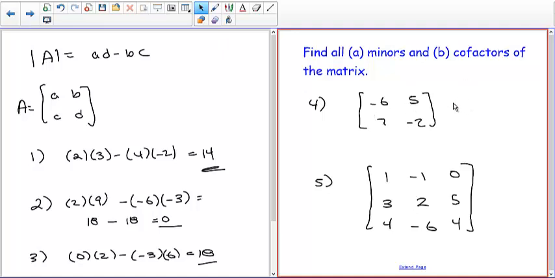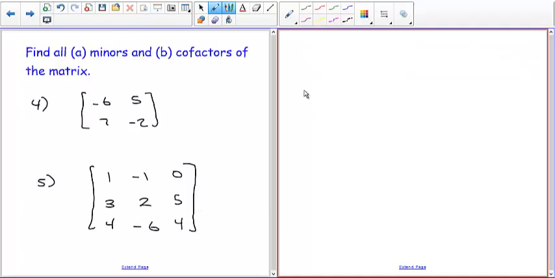So when we want to find the determinant of this, for 4, again, we're just going to take negative 6 times negative 2 minus 7 times 5. So that's 12 minus 35, which is negative 23. Okay, now for a 3x3 matrix,